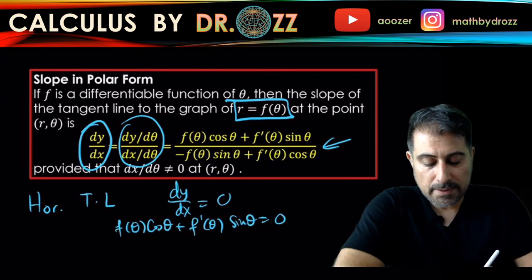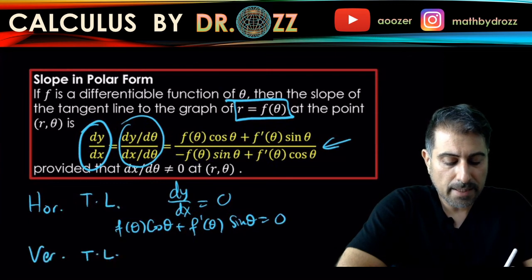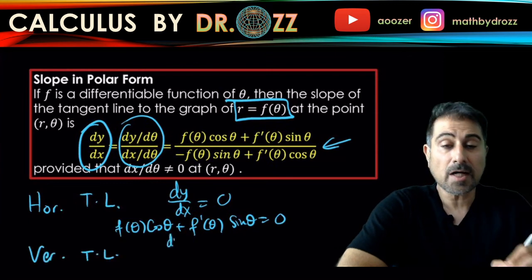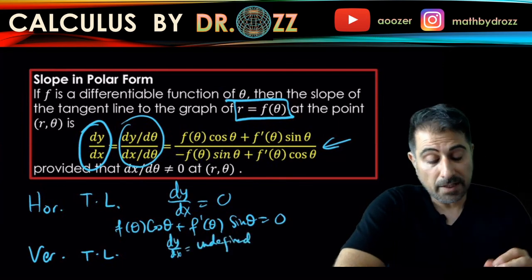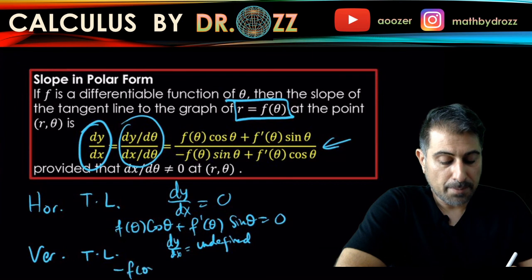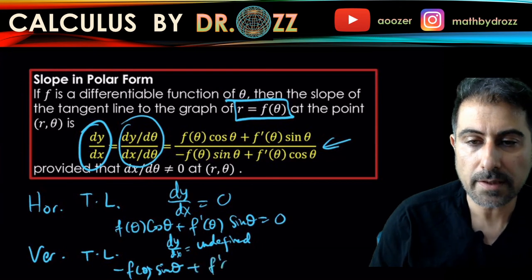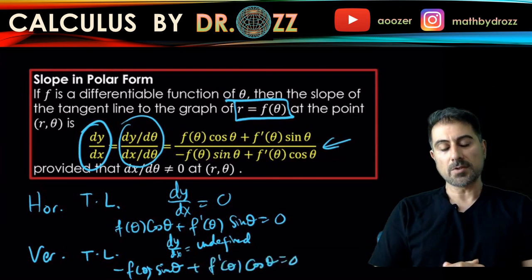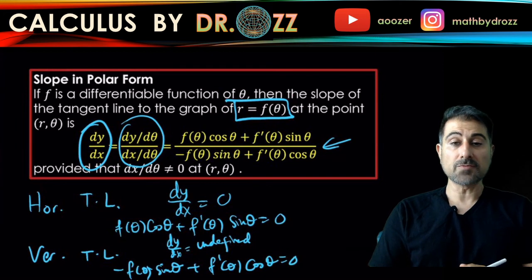Vertical tangent lines happen when the slope is undefined, so dy over dx is undefined. In this context, whenever the bottom is 0, that means the slope is not defined. So I'm going to look for theta satisfying the bottom part of the fraction being exactly equal to 0. This is a quick observation from the slope formula in polar form. So why don't we go ahead and solve these two equations for the given form,